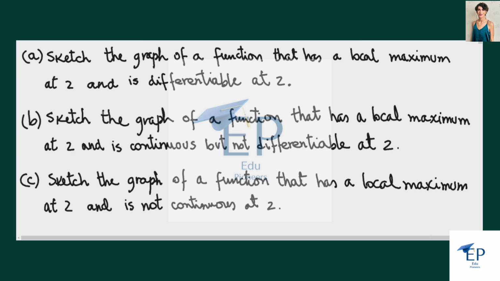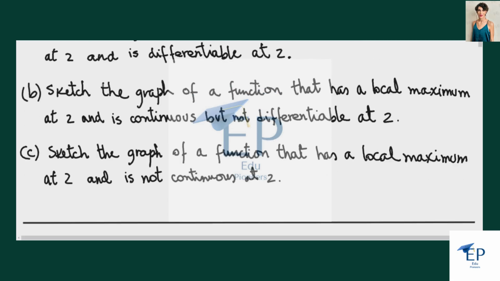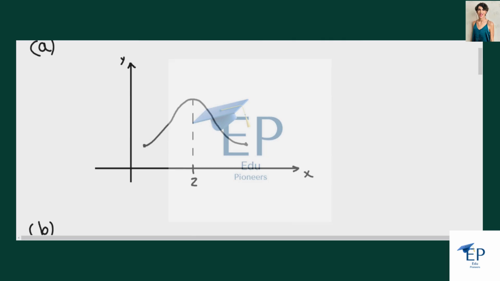So let's start with part A, the graph of a function that has a local maximum at 2 and is differentiable at 2. Here, by Fermat's theorem, we know that the derivative, which exists because the function is differentiable at 2, has to be equal to 0 because we have a local maximum. So this is a sketch of a graph of a function that has a local maximum at 2, and as we can see, being differentiable at 2, the graph has a horizontal tangent line at this point of tangency, which is where the